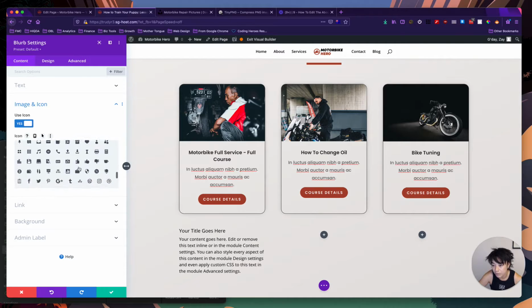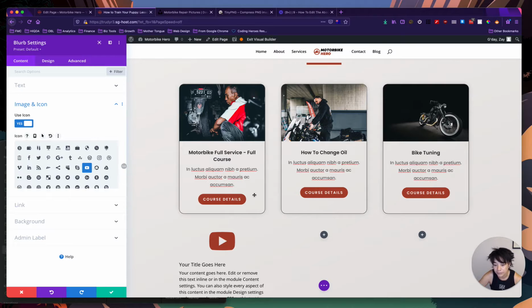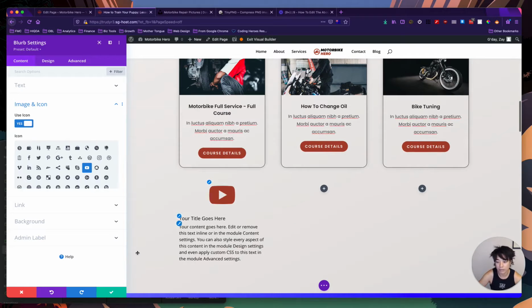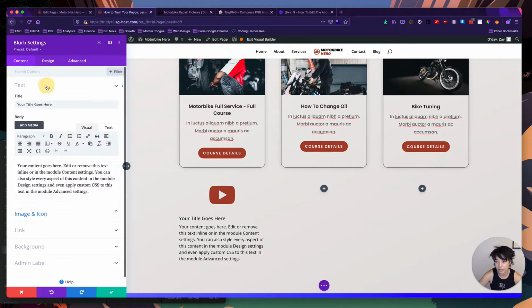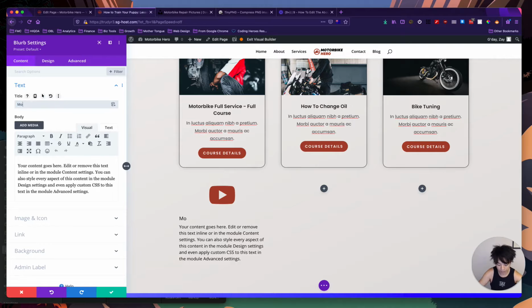I'm just looking through all these icons here. Maybe that's the icon that we want. And you might be motorbike full service. We might keep that writing there. I might put in a bit less. Maybe I'll just keep it as more. That's also fine. We'll go to design,